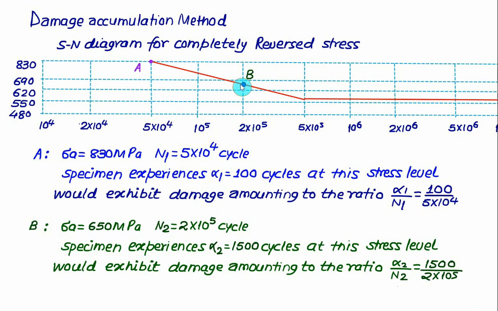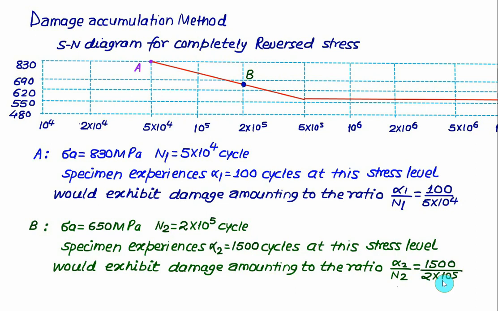Suppose this specimen is experiencing alpha 2, the number of cycles, equal to 1500 cycles at the given stress level of 650 megapascal. Then again we can calculate the damage as the ratio alpha 2 by n2. This time we are operating the specimen at 650 megapascal for 1500 cycles. So the corresponding damage will be equal to alpha 2 by n2, which is 1500 divided by 2 into 10